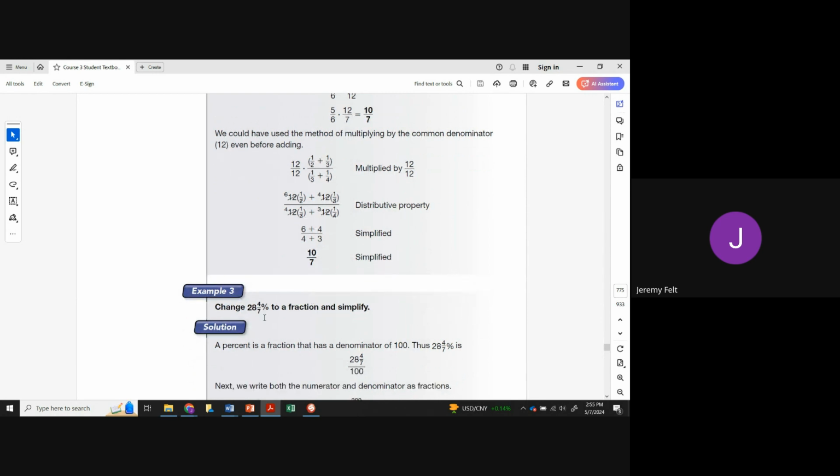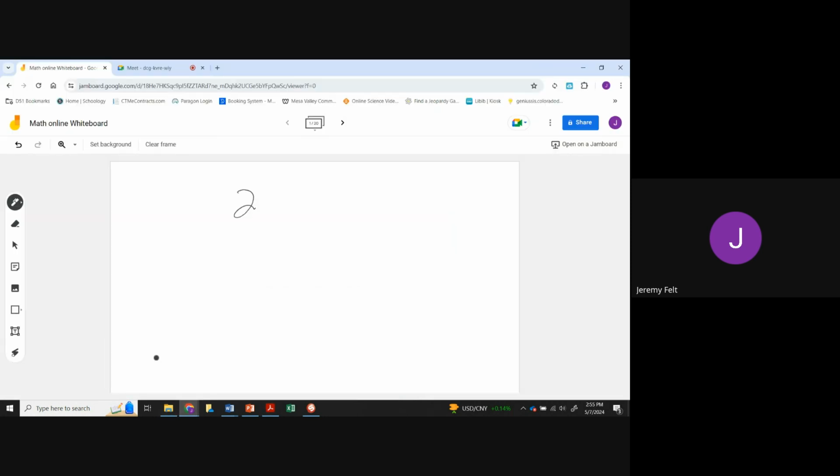All right, so 28 and 4/7 percent. And 28 and 4/7 percent means per 100, so over 100, and we're going to convert it to a fraction or a decimal. So again, we're still dividing. Anytime we're working with mixed numbers and we're multiplying and dividing, we want to get this into an improper fraction. So 28 times 7 is 196 plus 4 is 200